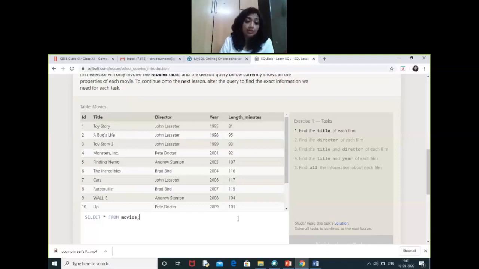Now we do not want to print the complete table, we want to print only the selected attributes. So let's see what we need to do. We'll be doing select column 1, column 2 from table name. That means after select we have to provide the attribute names that we want to print. Like here we want to print, say, the title of the movie. So we'll just write title, comma, separated by comma, and say we want to print the year of release. So select title, year from movie.